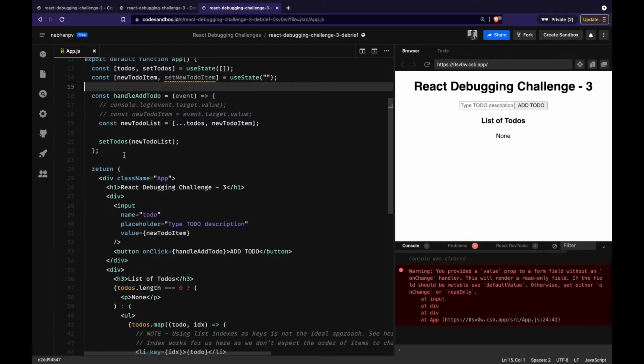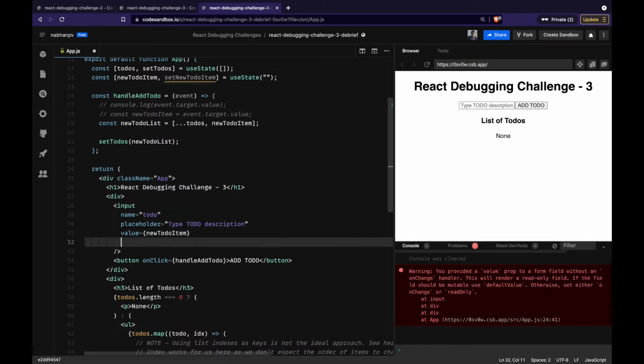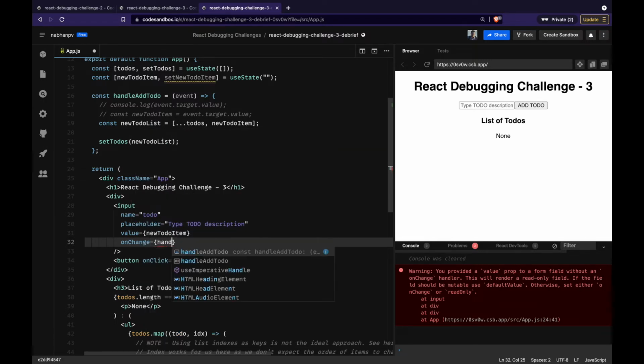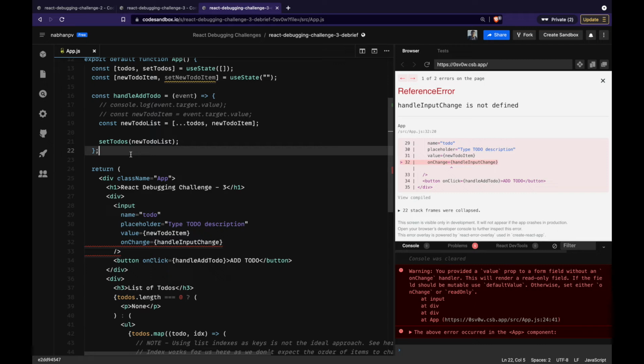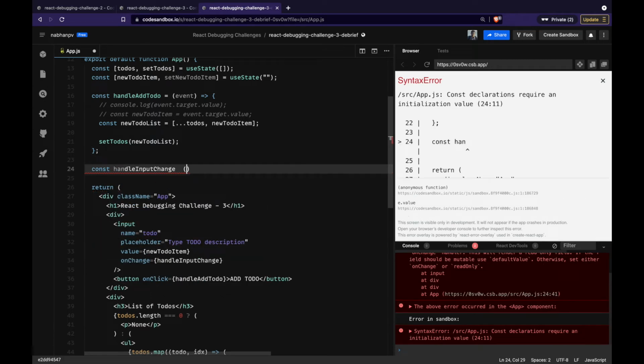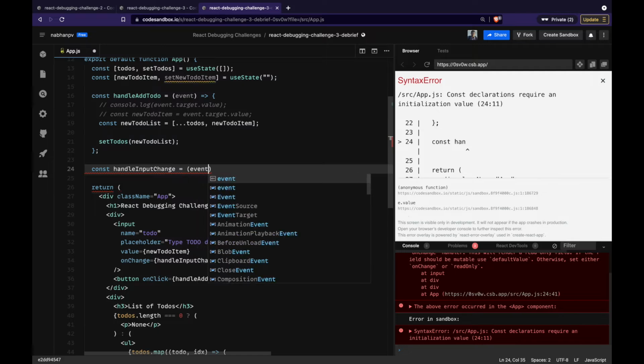Now I'll create a handler function for the input: onChange equal to handleInputChange. I'll add the function implementation handleInputChange, and I need to pass event.